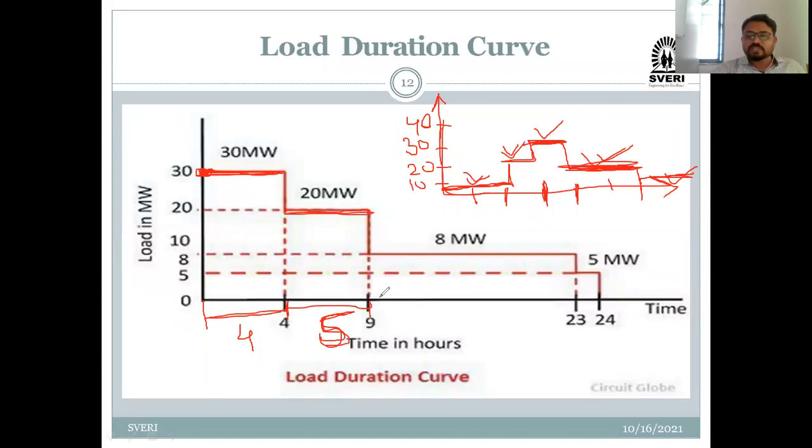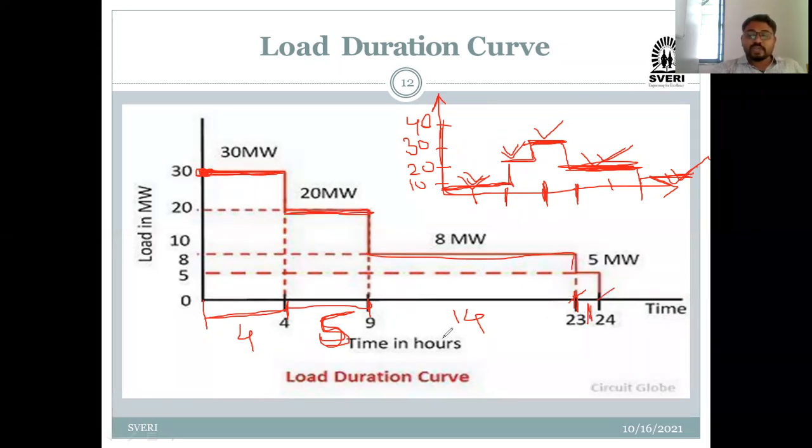For how many hours? This is 9, this is 23, so 23 minus 9 means, actually, what is that? For 14 hours my demand is of what? 8 megawatt. Okay, and for this 5 megawatt, and this is of what? 5 megawatt. For how many hours? This 20, this 23, means it is of what? 1. Means see here